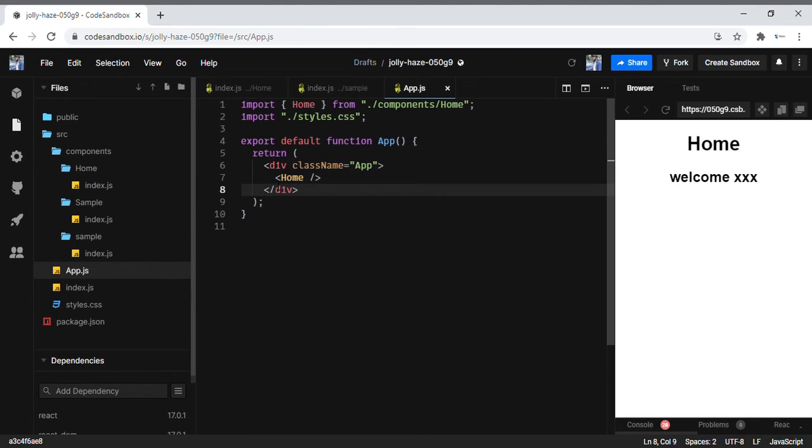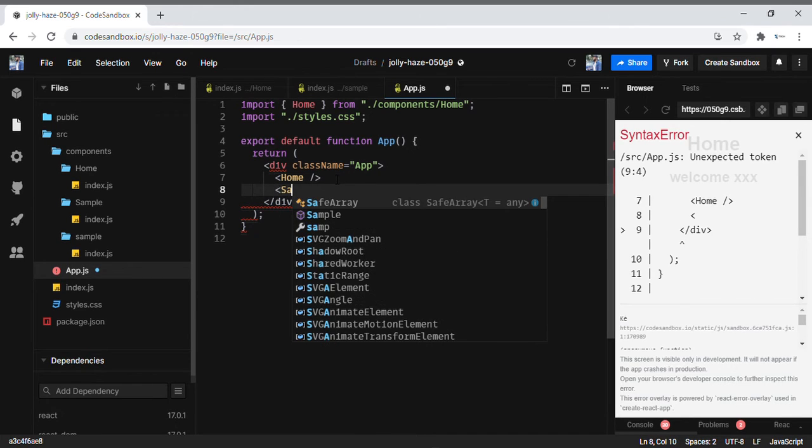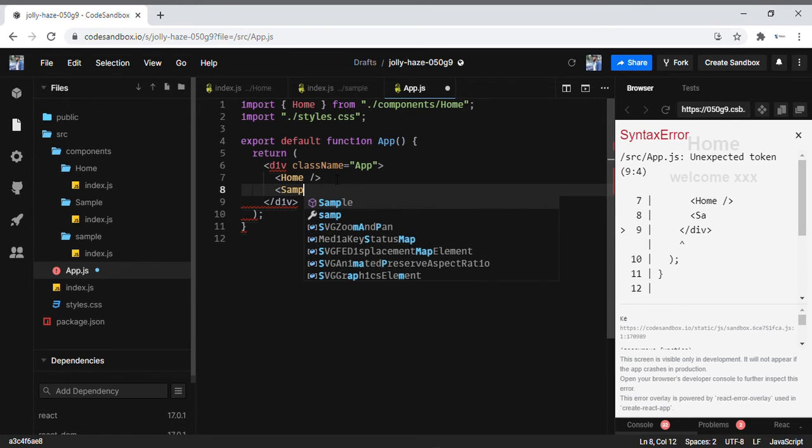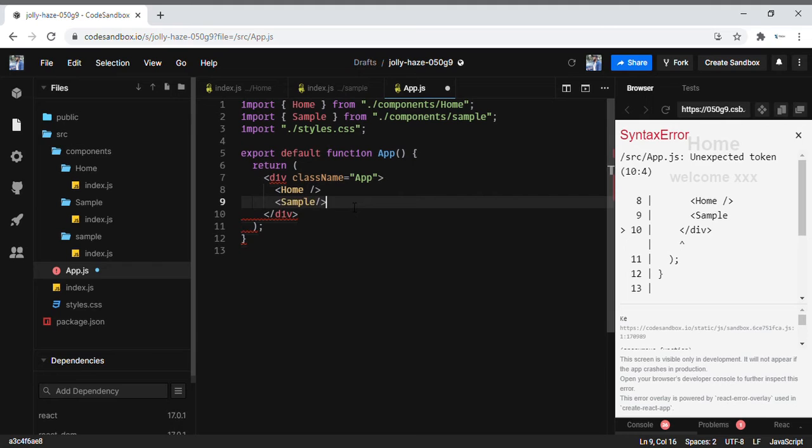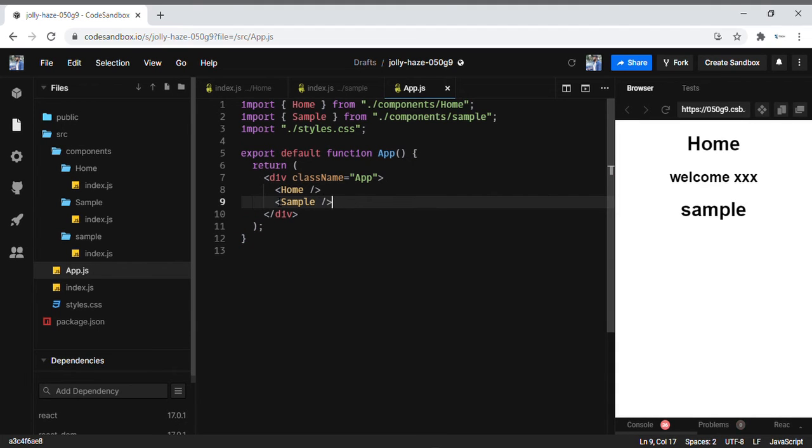I am going to export this sample. If you see here, it is auto import. Let me auto import this component. I have used the sample component like an HTML tag over here. Now you got something called sample, whatever you have used. So this is a reusable component.